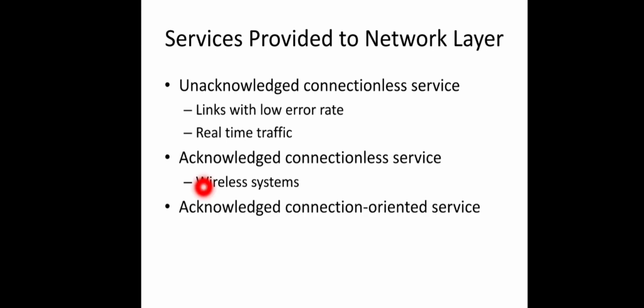And the third type of service is acknowledged connection-oriented service. This is the most sophisticated service offered by the data link layer. This is a connection-oriented service, right? That means before the actual data communication, the source and destination machines establish a connection. As you know, these are connected using some link, right? So what do we mean by connection establishment? They will have a pre-agreement on buffer initialization and so on. The sender and receiver will agree over a communication.